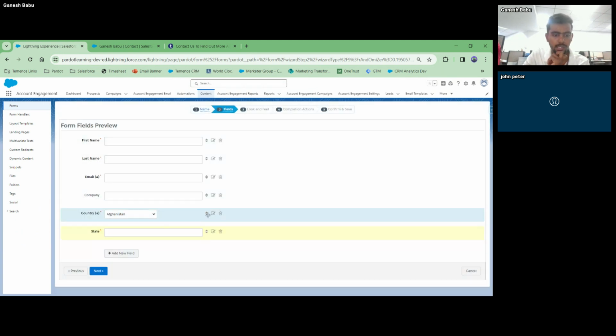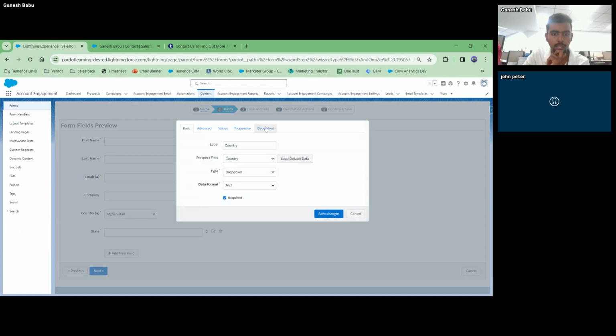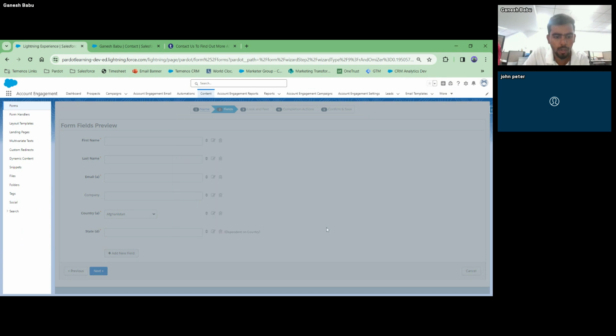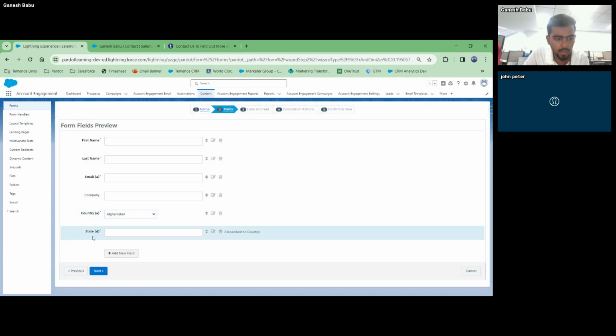And I'm going to save the state. I'm going to edit the country again. I'm going to the dependent list, and here, only when the country India has been selected, I want to show the state field. Otherwise, I don't want to show the state at all. So this particular state is dependent on the country field.